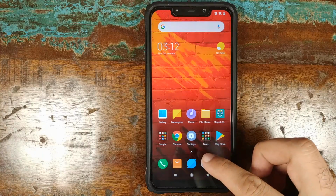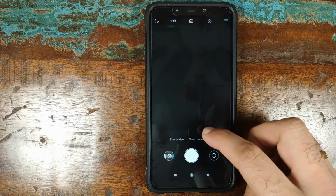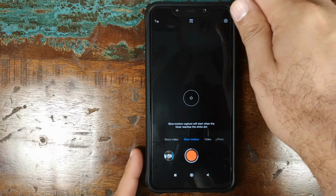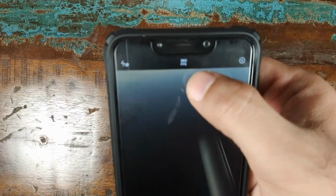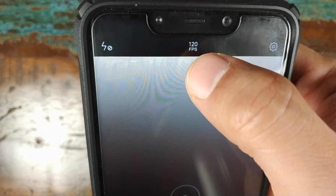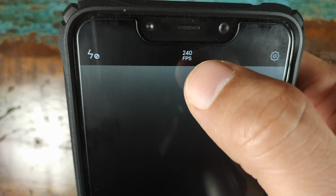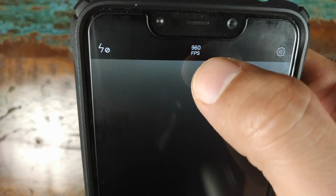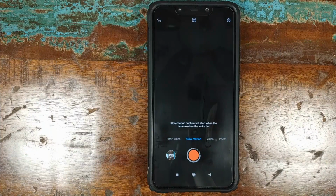Well, you open the MIUI camera application, you have an option called slow motion, click on this, and then on top you have to click on 960 FPS. You see right now it says 960 FPS, click on it one time, it will change to 120 FPS. One more time it will change to 240 FPS, and if you click on it one more time it will change to 960 FPS. Now the limitation of 960 FPS is that the whole video clip is of 10 seconds maximum,